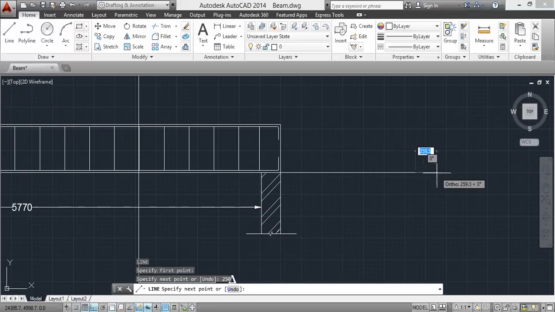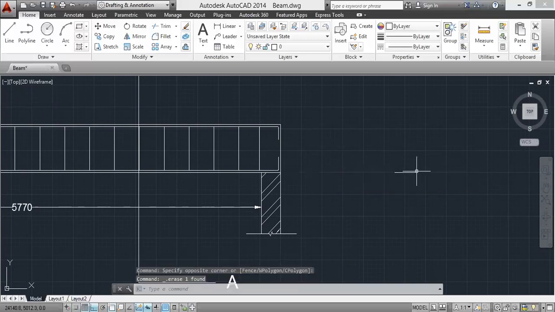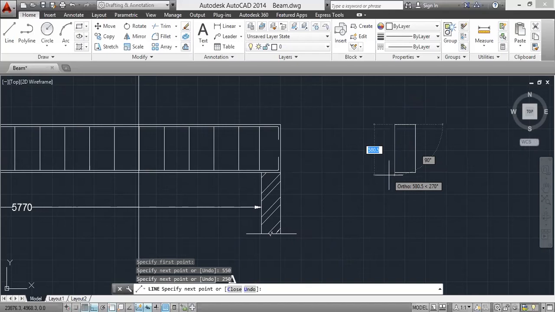Okay. Now I'll be deleting the baseline to get clarity. Okay. L, enter. The depth of the beam is 550 mm. Again, the width is 250 mm. Close it. Okay. Give offset 25 mm.